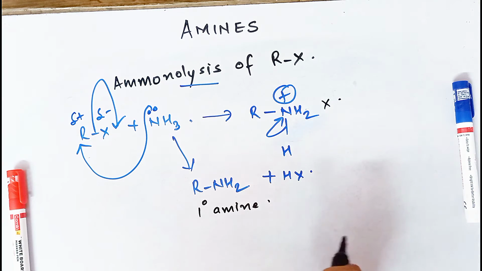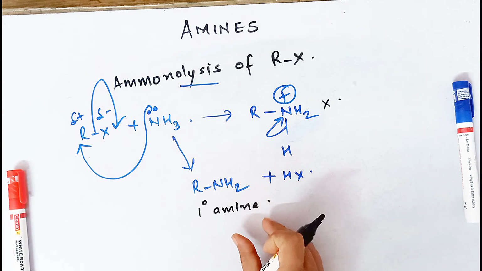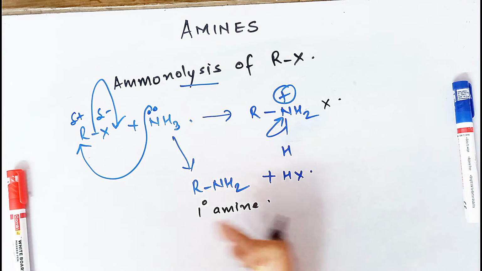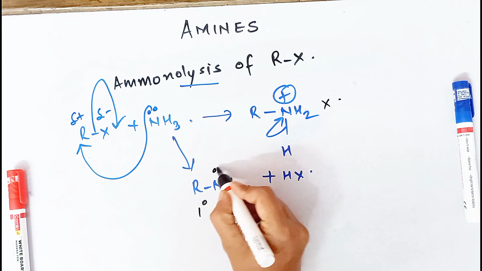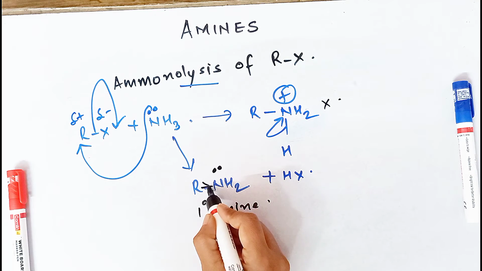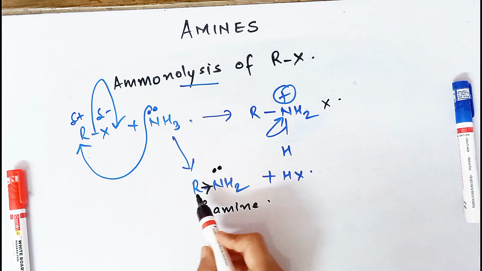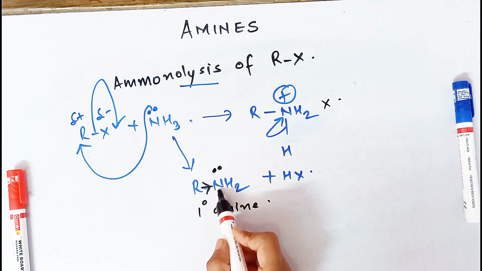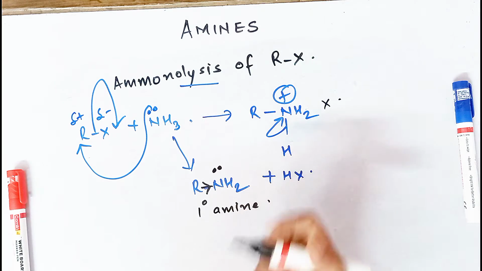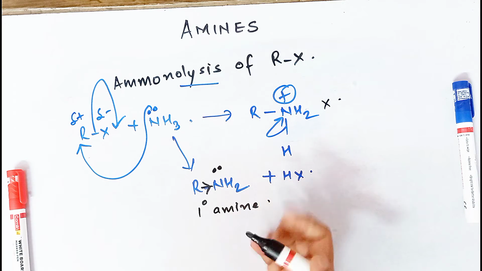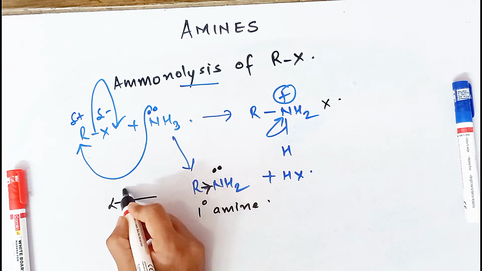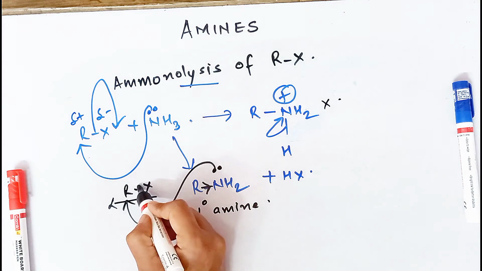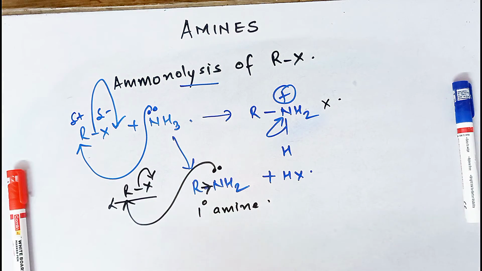So ammonolysis of alkyl halides will yield primary amine in the first step. Now primary amine is going to be a better nucleophile than ammonia because it has a lone pair, and furthermore the electron density on nitrogen is increasing by the electron donating effect of the alkyl group. So you are increasing the electron density, naturally the attacking tendency of this amine is going to be very high. So the reaction is not going to stop now, children. It's going to continue, and it is going to attack one more molecule of RX and just go on doing the same steps as you did last time.